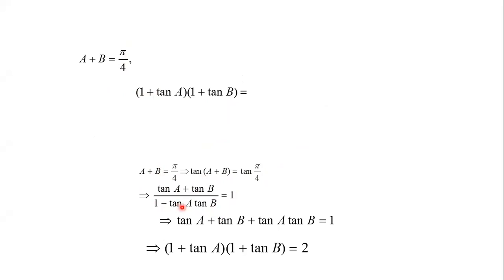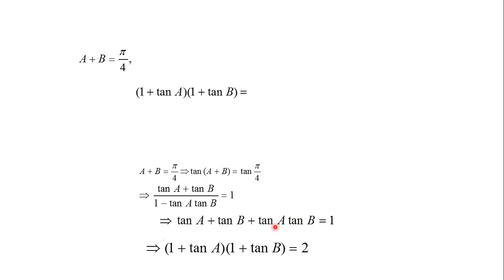So we'll take this total denominator on this side. So this will be what? 1 minus tan A into tan B equals tan A plus tan B. So minus की term right hand side में ले लेंगे. Tan A minus tan A tan B here, after coming, will be tan A plus tan A into tan B. Now on both the sides we'll add 1. So here 1 plus 1 is 2, here 1 plus tan A first term. And here both the terms,